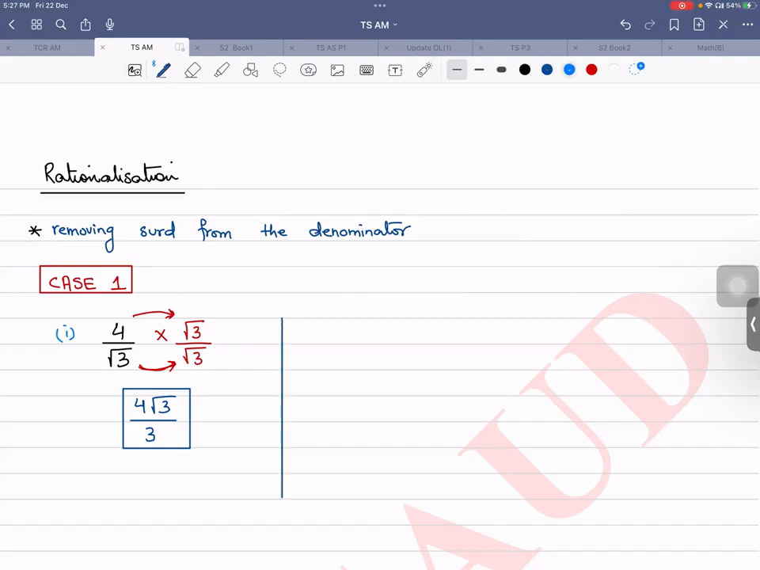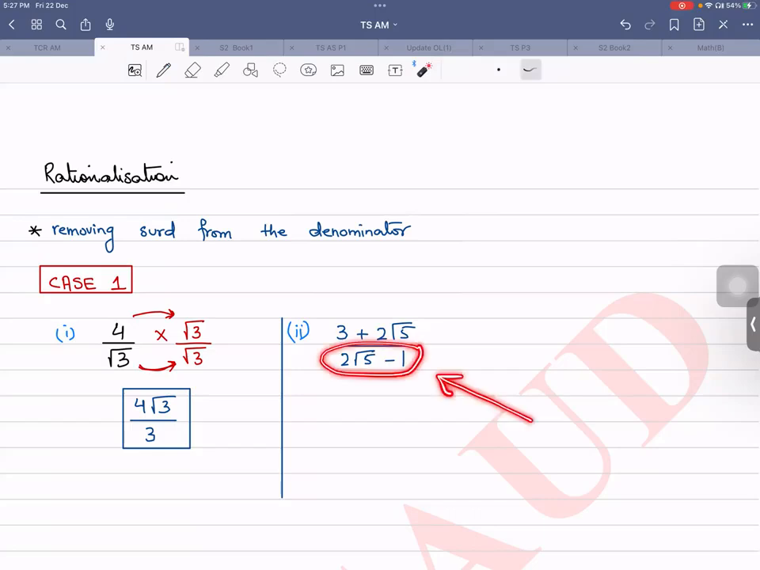Example number 2. 3 plus 2 square root 5 upon 2 square root 5 minus 1, for example. Now, how many terms do I have in the denominator? I have 2 terms. जब 2 terms होंगी मेरे पास denominator में,